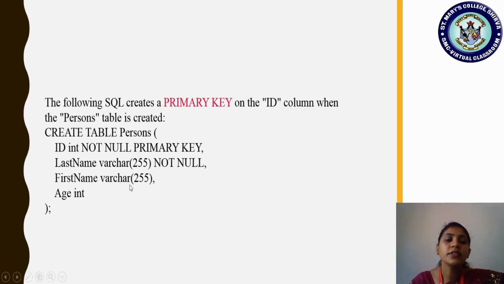After this, age is taken, an int value. For int, there is no need to specify the size, it takes the default bytes that are reserved. Then close the parenthesis, the table definition is over, ended with a semicolon. So this is one sample where we define one of the attributes as a primary key, and also attach another constraint called not null. Like that, any number of columns or attributes in a table can be defined with certain constraints.